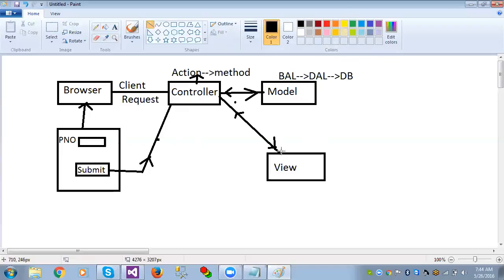In ASP.NET, everything is under the control of the view only. It will go and take the object of the class of one file, maybe the business access layer, and again it will take the object of this model class, call the method, and again it will be redirected to the designing page itself. But here the main role in an MVC application is the controller. Okay, so here we have to remember,